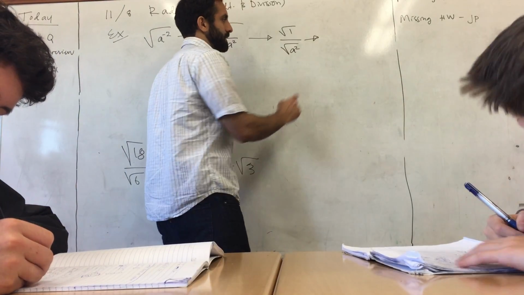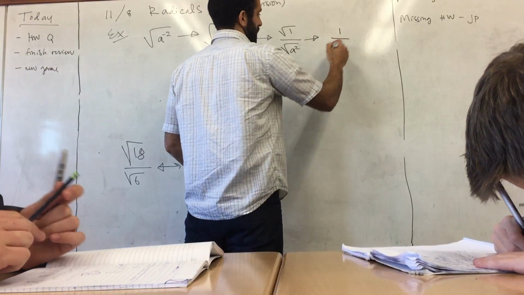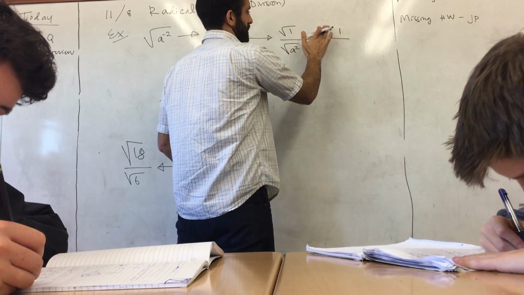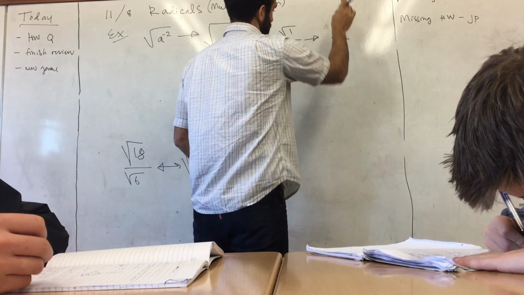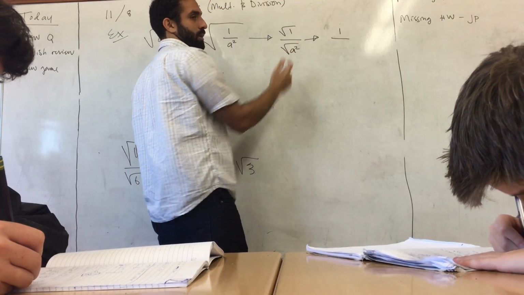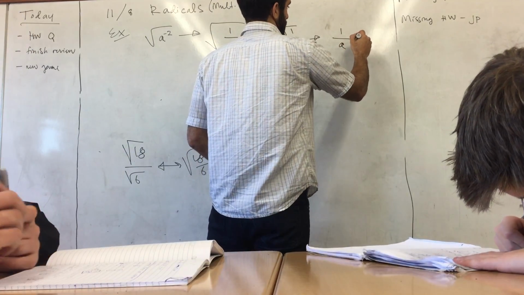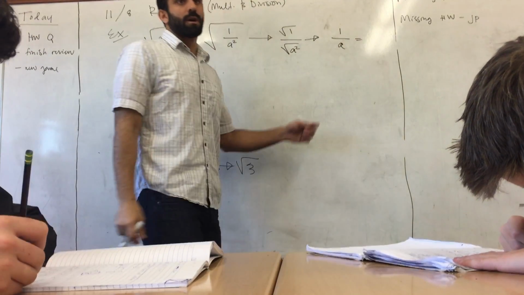What's the square root of 1? 1. Okay, and it's going to be positive or negative. All right, for now we can work with just positive square roots. What's the square root of A squared? A. A. Okay? And Bennett,